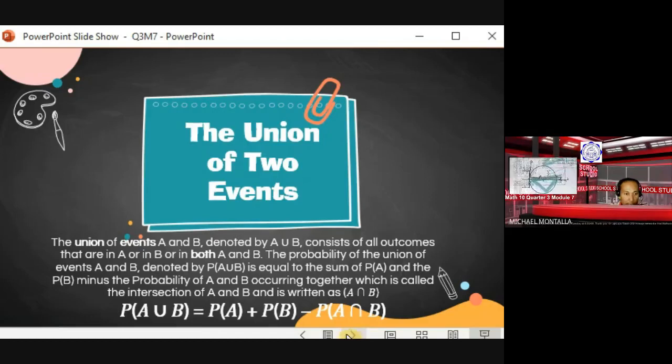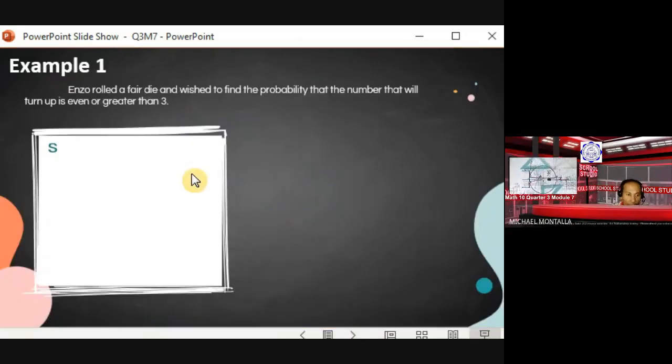Yan yung ating formula again. The union of A and B is equal to the probability of A plus probability of B minus the intersection of the two events A and B. Ayan. Okay, let us have this example for your practice. Enzo rolled a pair die. Okay, ito yun naman yung number cube natin na may 1 to 6. Ano yung probability na yung number na makukuha niya will turn up or lalabas ang even number or